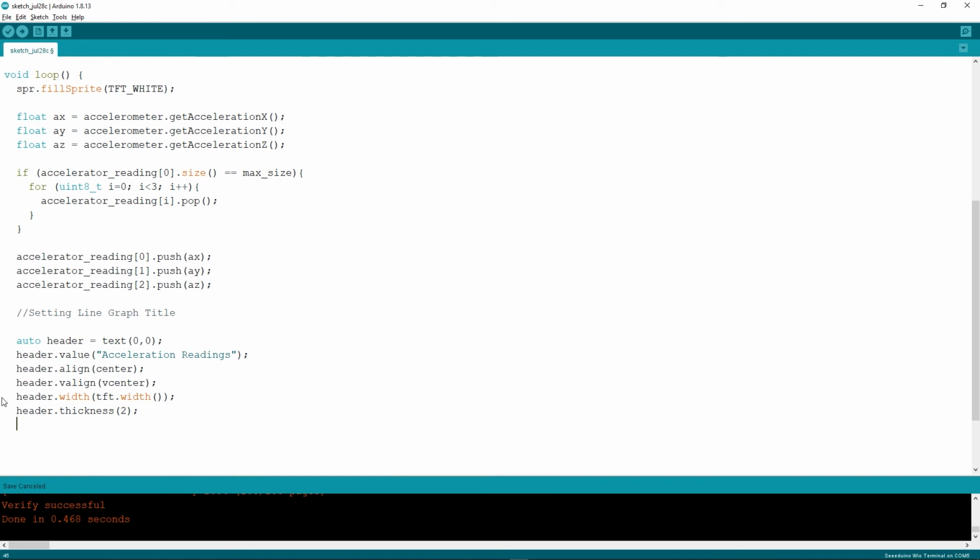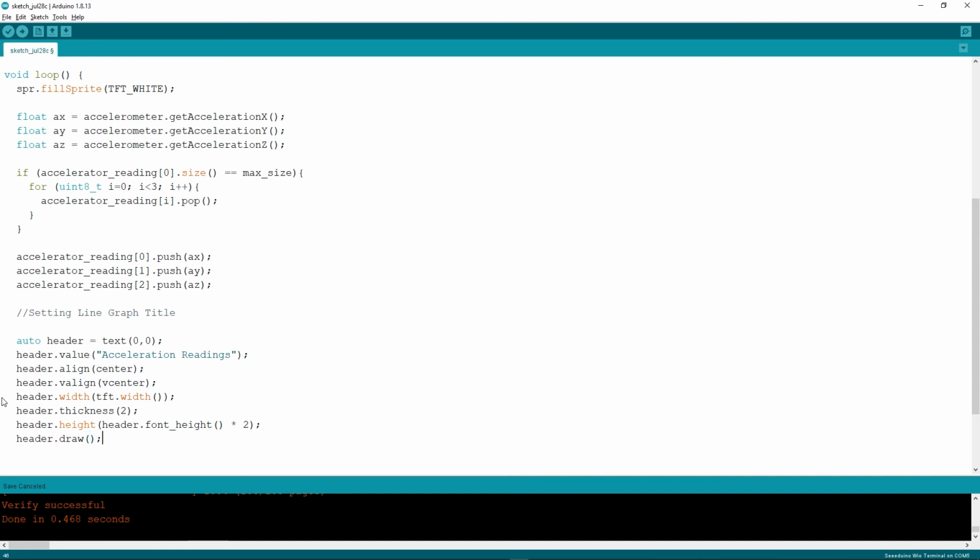That's the thickness of the header. And header dot height, that's the header height, will be header dot font height times 2, and header dot draw.